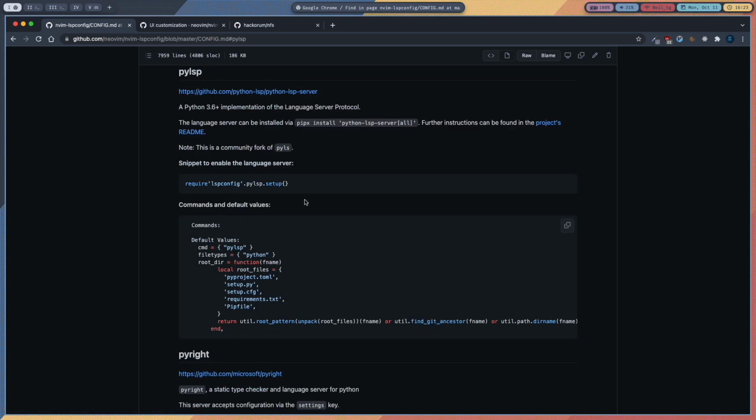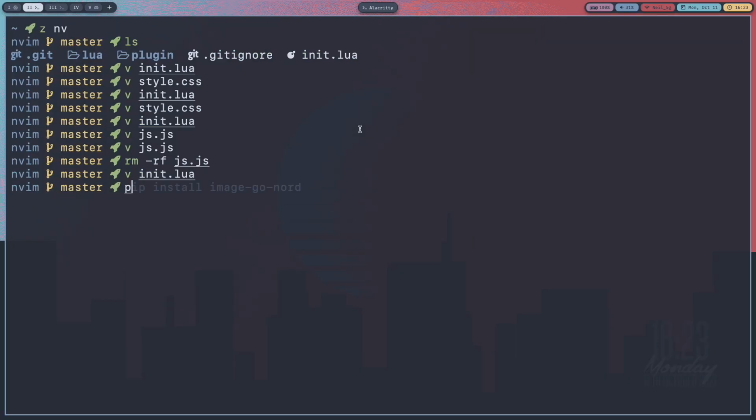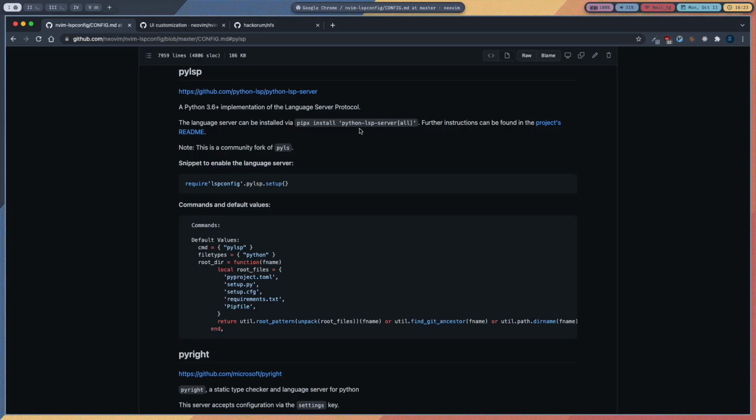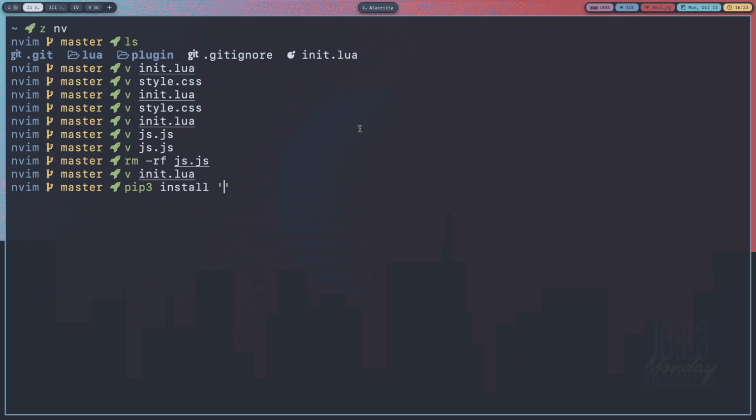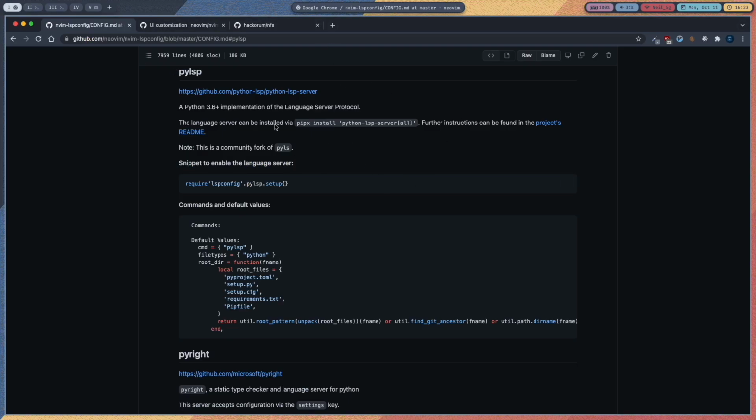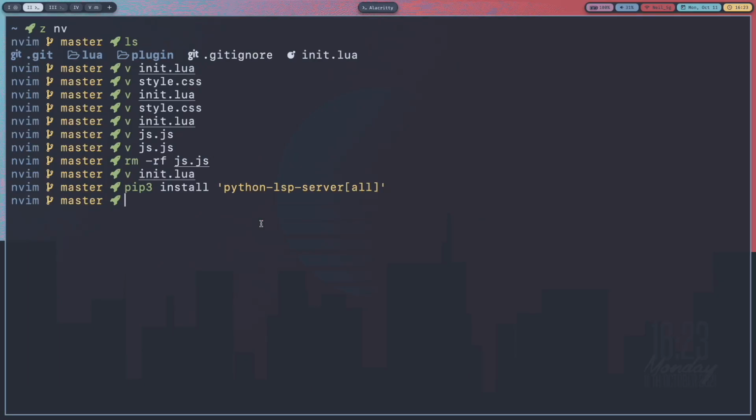Okay, PyLSP is there, and you can install that by doing pip3 install "python-lsp-server[all]", like this. Pip3 install python-lsp-server in quotes, python-lsp-server[all], and then if you press enter it will be downloaded, but I have already done that.